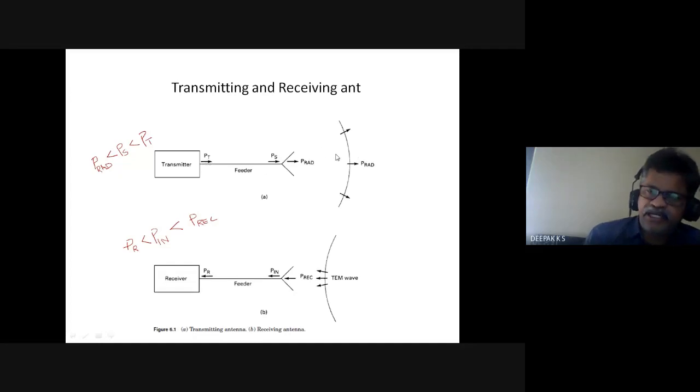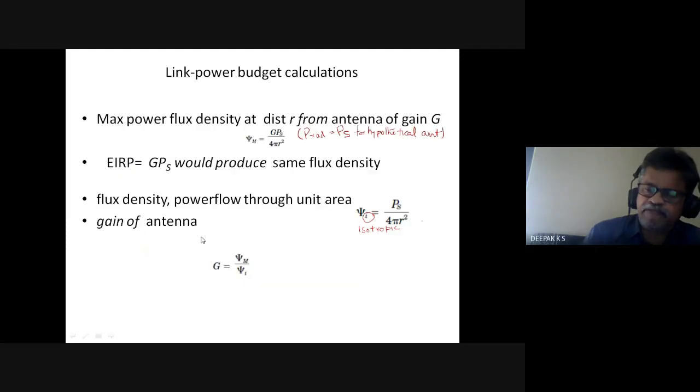So for a hypothetical antenna, we assumed this radiated power is the same as this Px itself, if there is 100% efficiency. Similarly, the power received again gets lesser. So at the receiver you get a lower power. And we saw the reciprocity theorem. Many parameters can be the same, characteristics can be the same, by using the antenna in the transmit mode and receive mode, like impedance, directivity, etc.